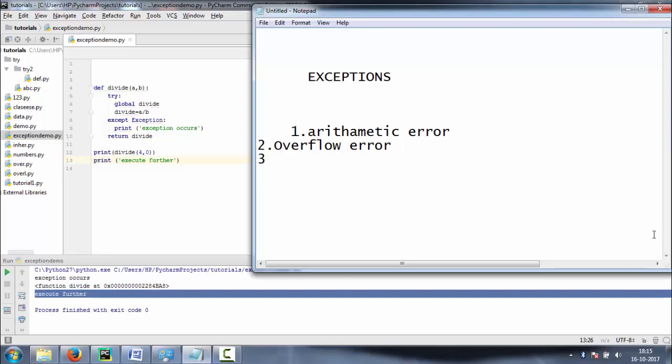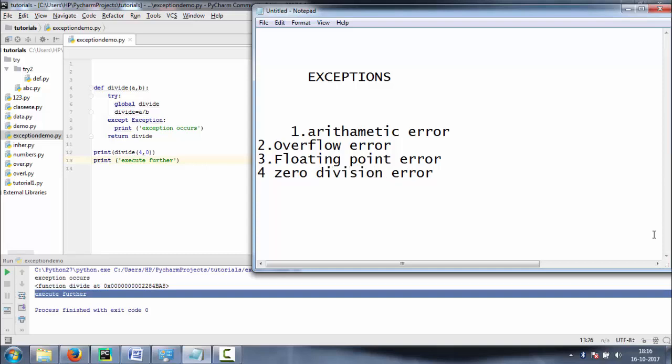Next, floating point error. As the name indicates, when there is an error in calculating floating values, such an error occurs. Zero division error, we already discussed that.